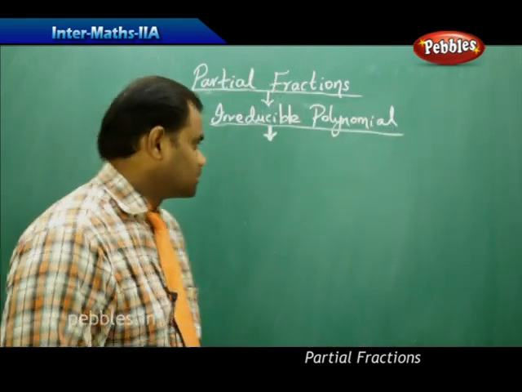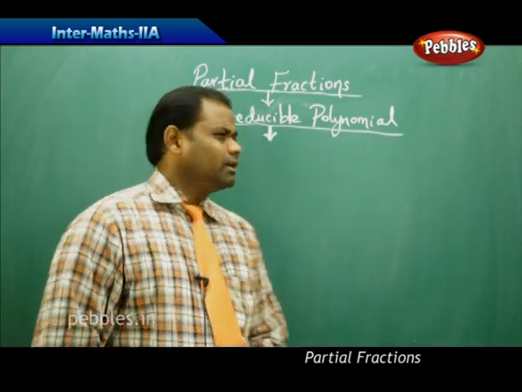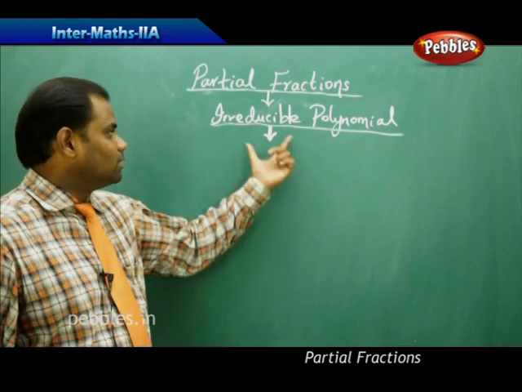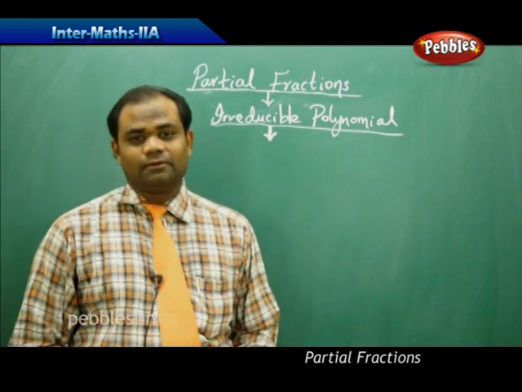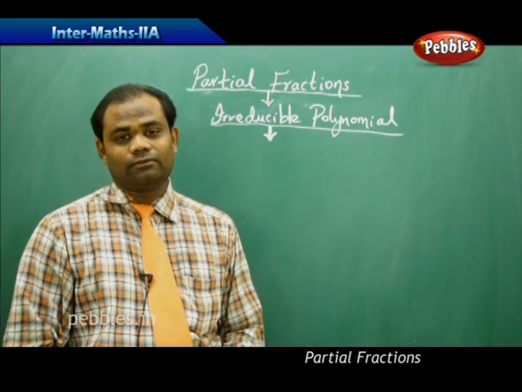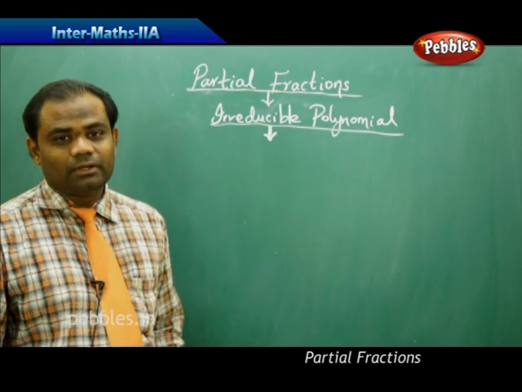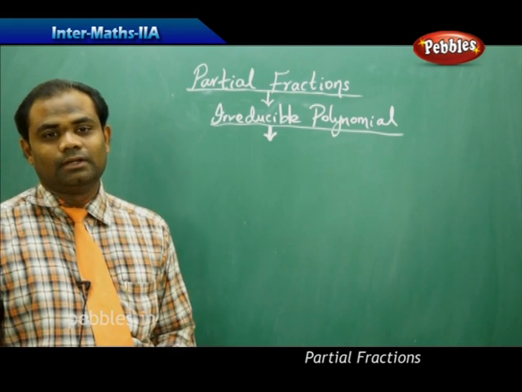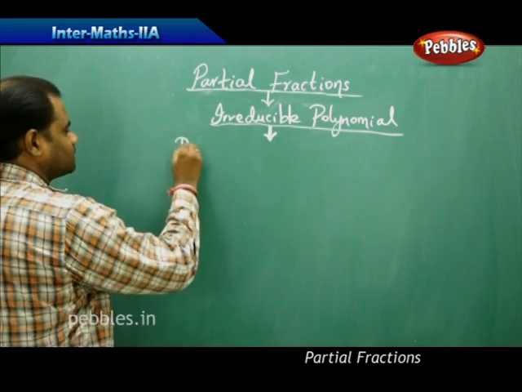Now the next concept is the irreducible polynomial. The word irreducible itself defines the whole of the polynomial, irreducible polynomial. The word irreducible implies the one which cannot be reduced. The opposite, the antonym of reducible, is irreducible. So that polynomial which cannot be reduced further is defined as an irreducible polynomial. More mathematically, the definition says that